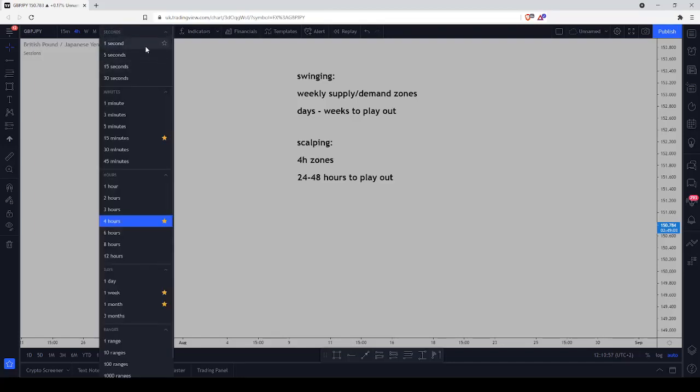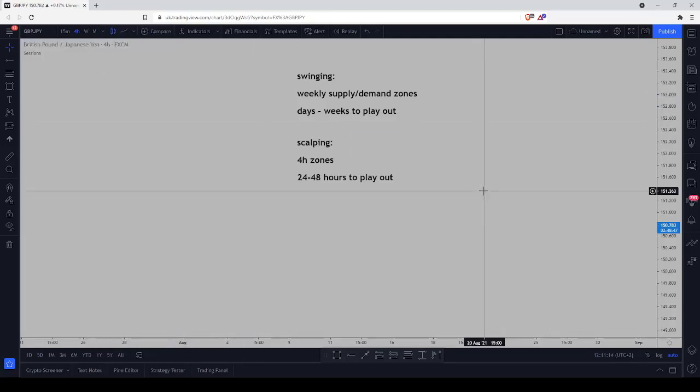First of all, it goes way too fast, and second of all, with all the spread and the swap and all that stuff, it just completely messes up your entry. So definitely not helpful to trade those lower time frames. So scalping for us would be 4 hour zones, and they usually take between 1 or 2 days to play out. And swinging takes some days and sometimes even weeks to play out. I'm going to be giving examples of both of them.